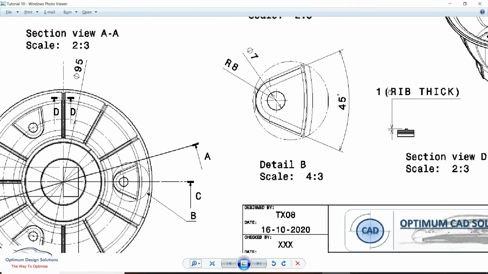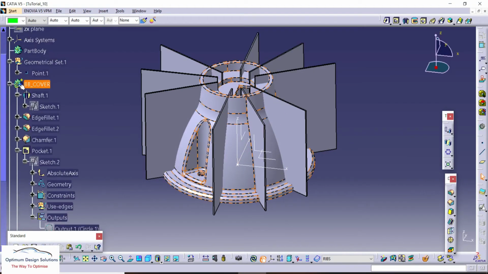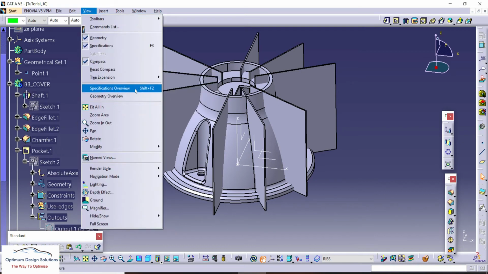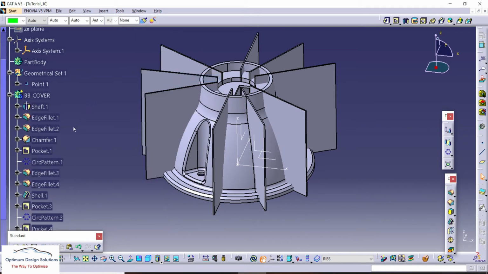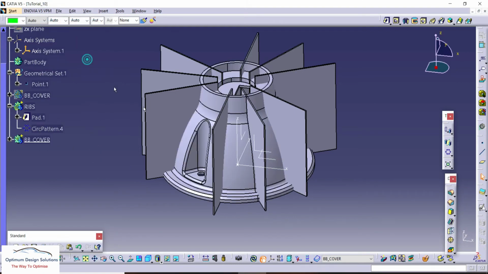So let's see the thickness, the 1 mm thickness of a rib. So we have to do the intersection command. By using the intersection command, we'll apply those ribs which have the 1 mm thickness. So let's copy the basic body of our cover as a result with a link, and we'll apply the 1 mm additional thickness